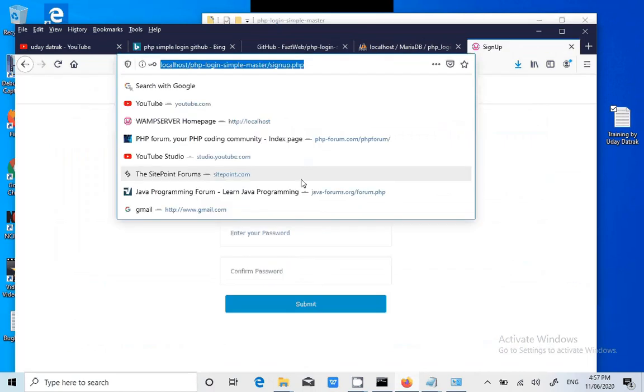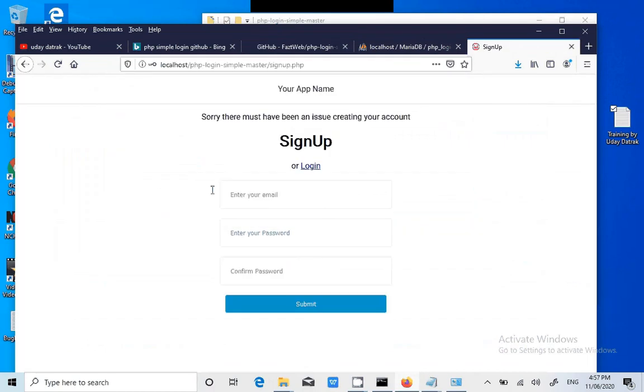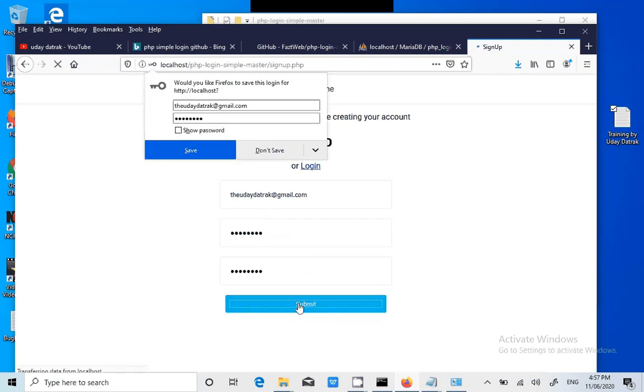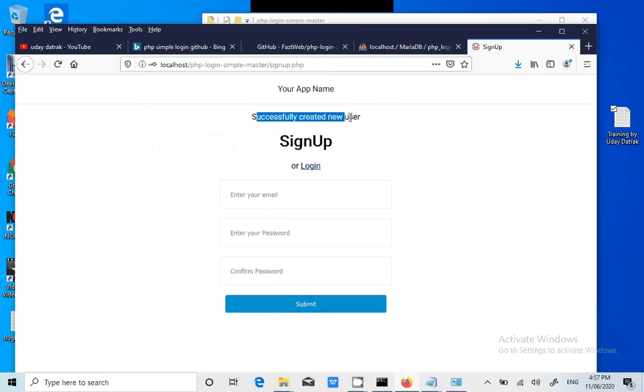Now we'll come back and fill the form once again with an email address, and password as password. Yeah, successfully created user. That's it, guys. How simple it is.